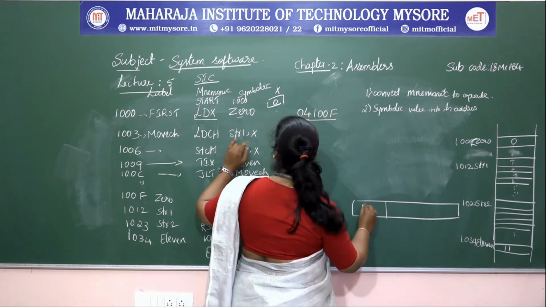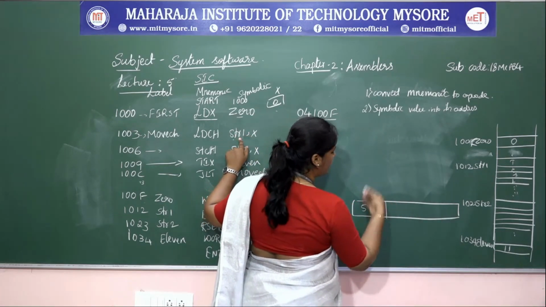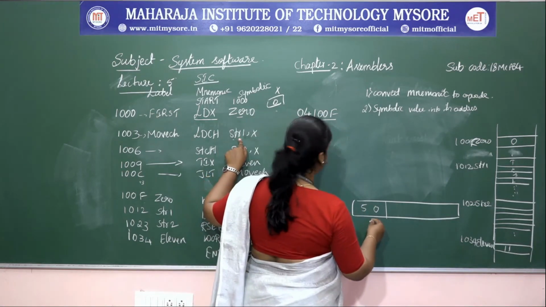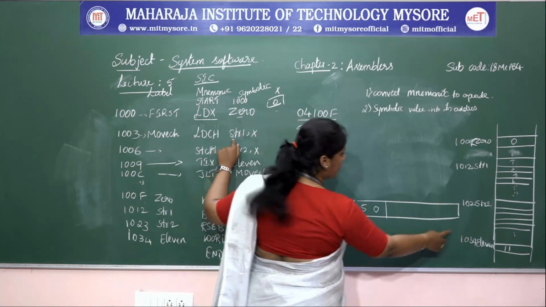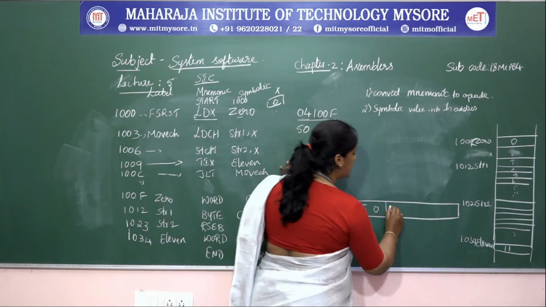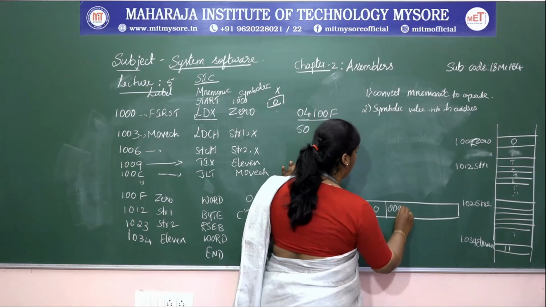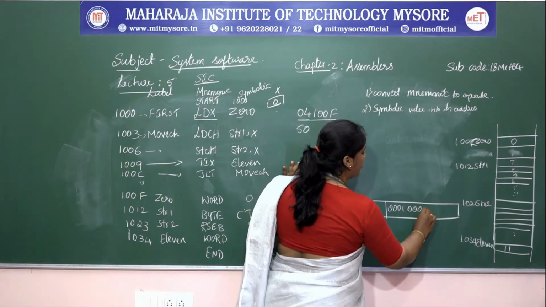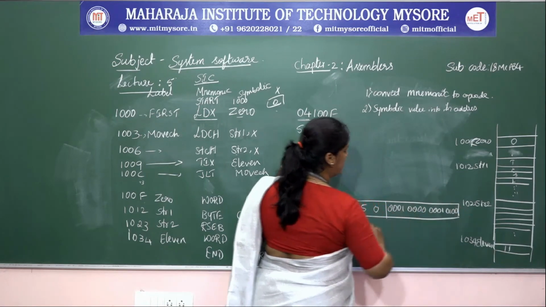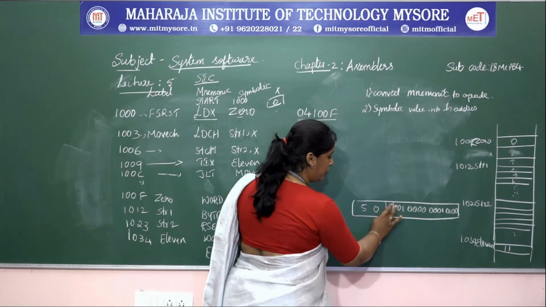The first 8 bits are the opcode. What is that opcode? It is 50. I will write it directly. After that, what is the buffer address? What is the string 1 address? String 1 is at the memory location 1012. So just write it like this: 501012. This is the address. Here, since it is an index register,